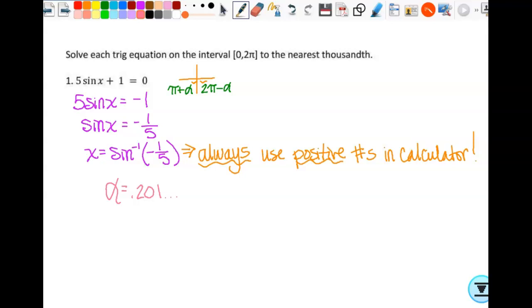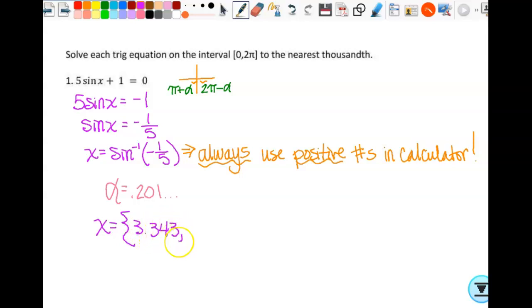All right. So now that I have alpha, then I can actually find X. So the first thing to find X, I'm going to do pi plus alpha. So your pi is right in the middle on the very bottom. It's yellow, so you have to use shift. So we do shift pi plus alpha. So I'm going to do recall, right parentheses. So my calculator actually says pi plus X. It equals,